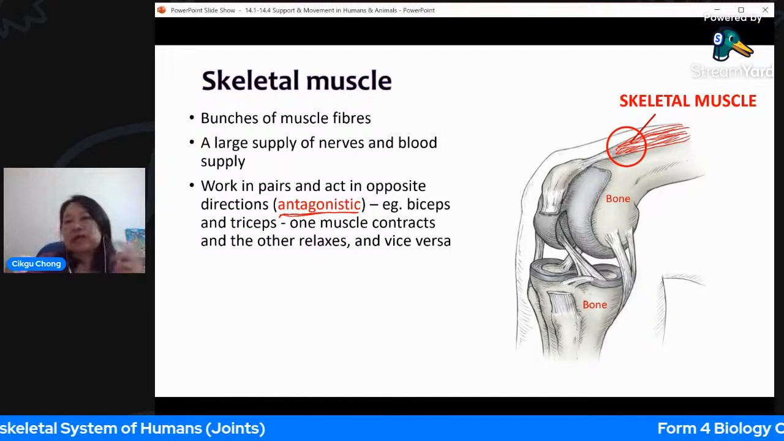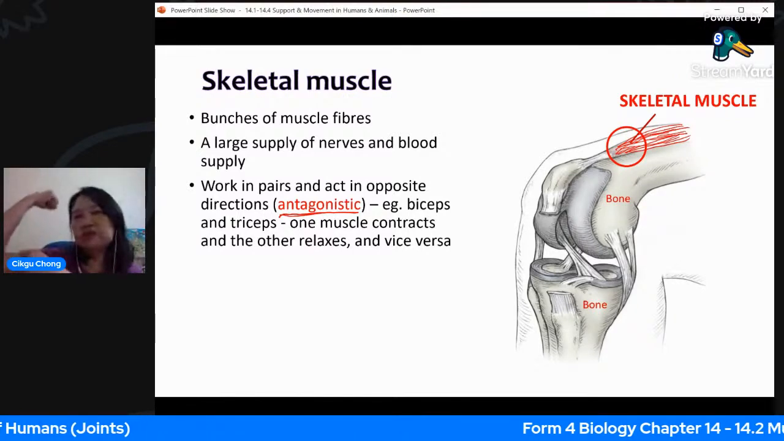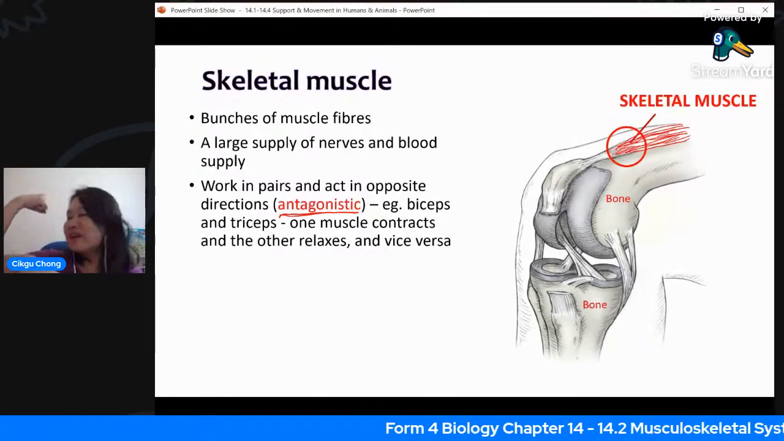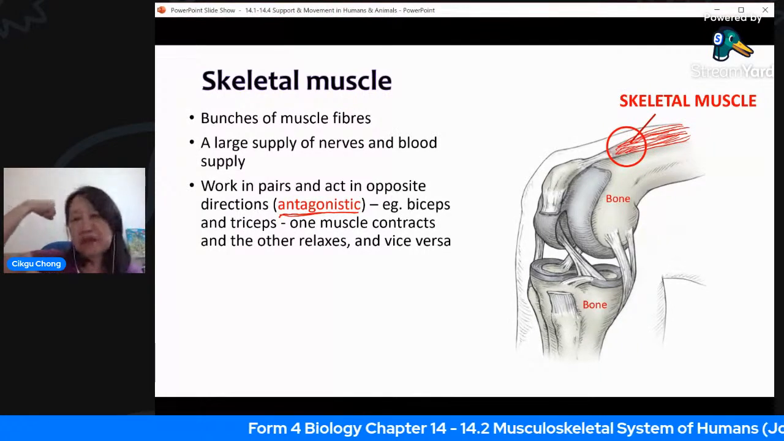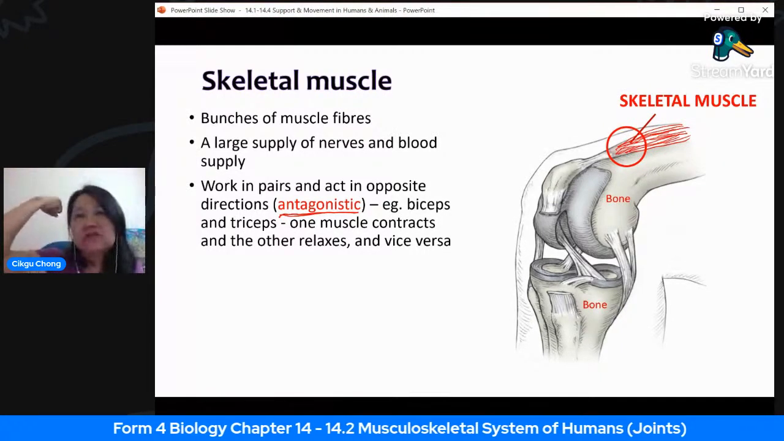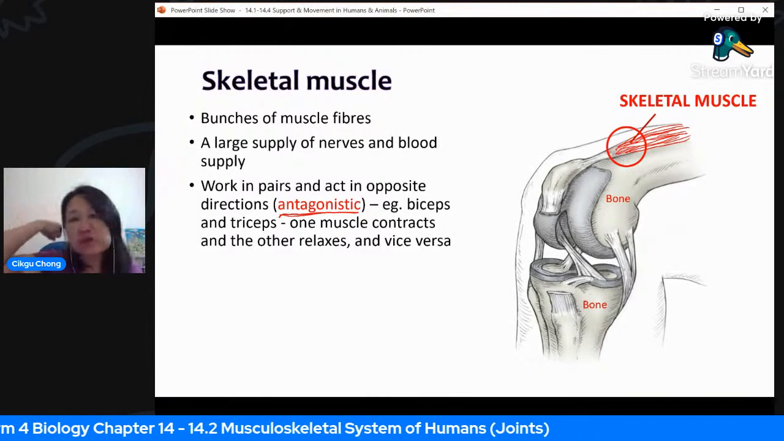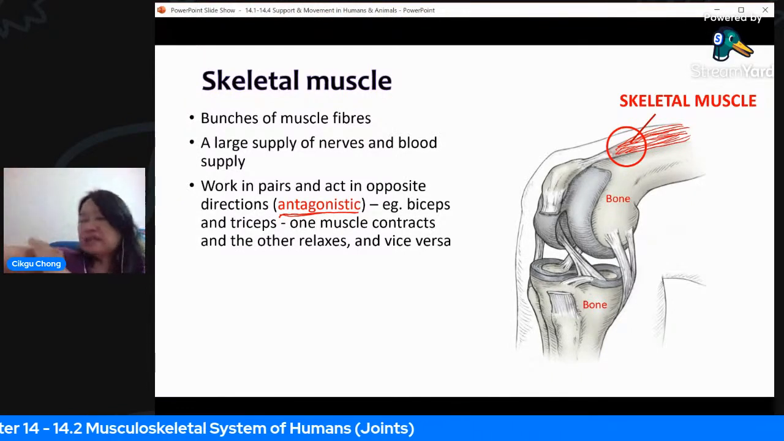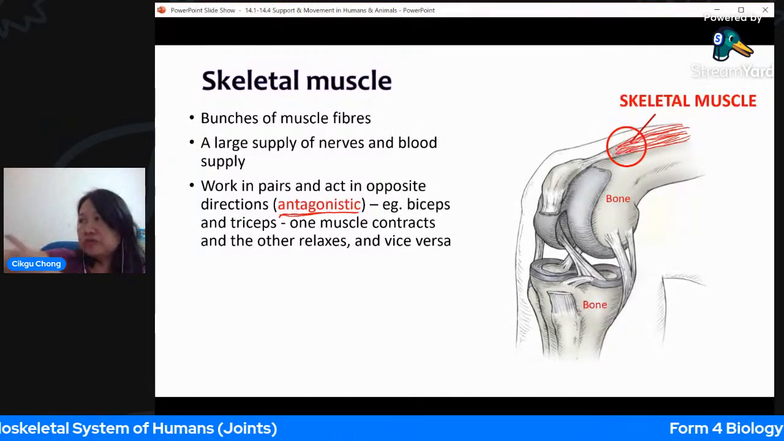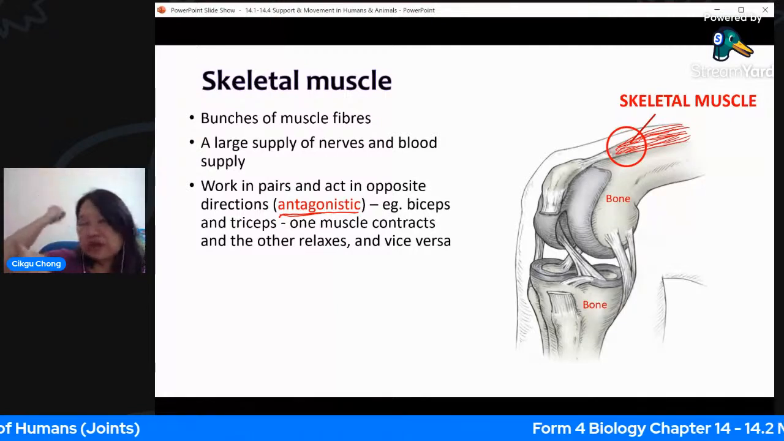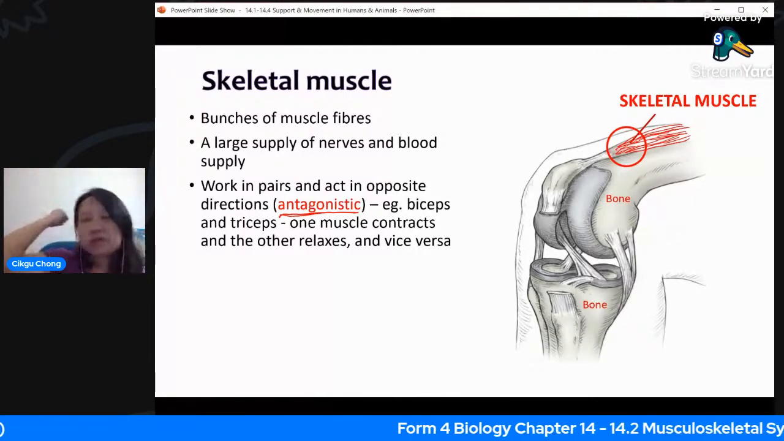Biceps is the one here. Your bicep is, when all this lower, they want to show off, right? This is the biceps and this is the triceps. So they are actually like good friends. They have to work together. Because when your biceps contracts, it will pull this ulna and radius up, right? But you see, when I want to bring down my arm,